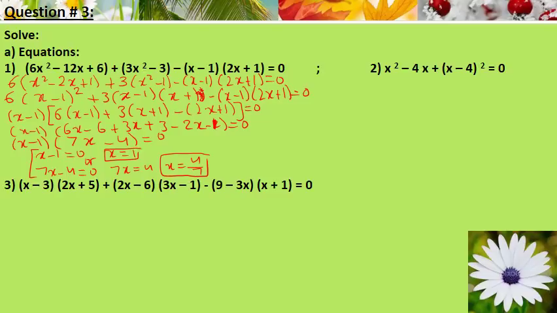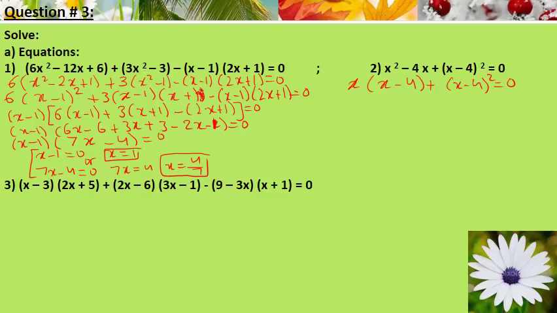Yes, Badia, start solving the second one. What do you see, Badia, in the first part of the second one? X squared minus 4x plus x minus 4, all of it squared, is equal to 0. In the first one, we don't have a remarkable identity. We have x squared minus 4x. We have a common factor, which is x into x minus 4, plus x minus 4 squared